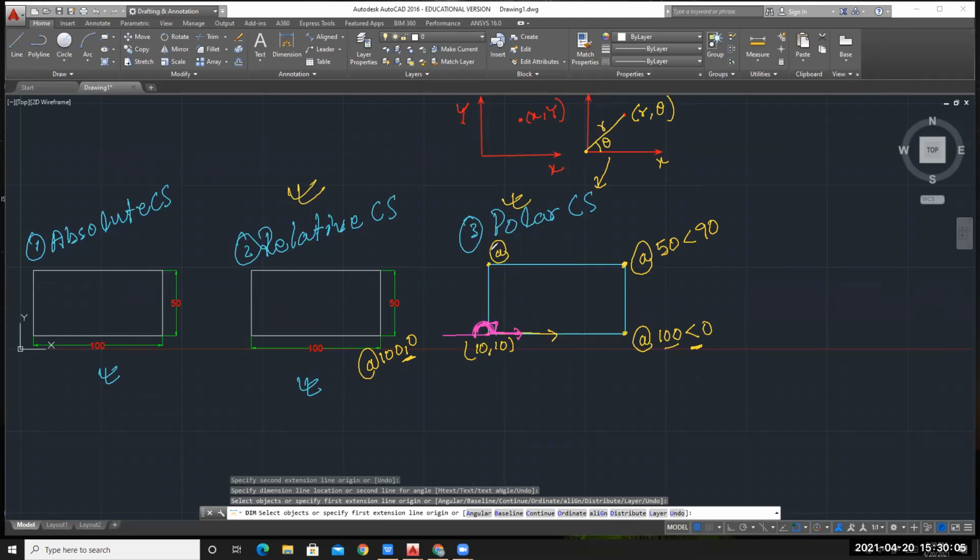So now tell me, how much distance? 100 less than 180. If you keep 90, then it will go in the vertical direction. So suppose this is your angle; this is your angle. So it is 180 degrees. Is it clear? Okay, let me repeat once. Just give me 1 minute.